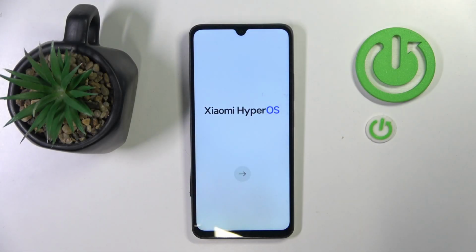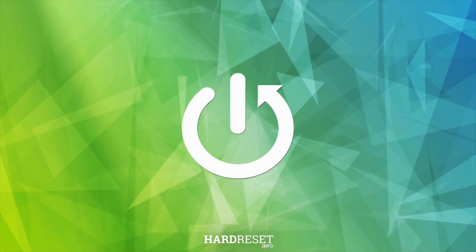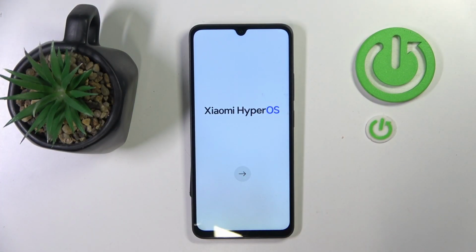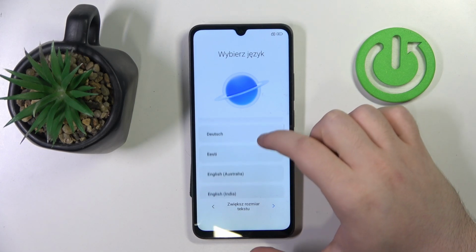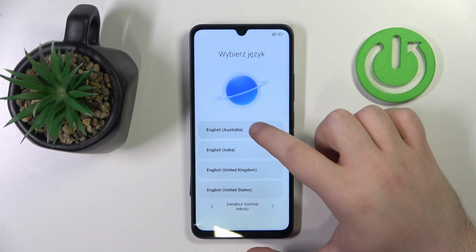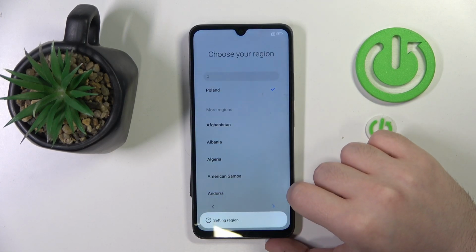Hello, in this video I will show you how to do phone setup on Redmi 14R. You have to start by pressing on this arrow icon, and here you have to choose your language and then click next. Now you have to choose your region and then click next,